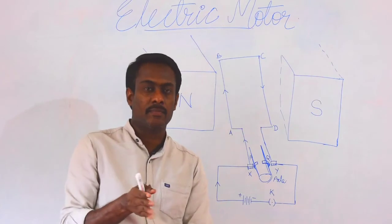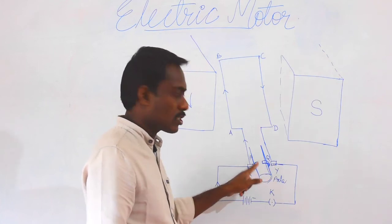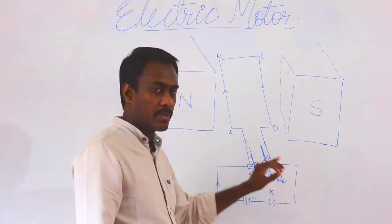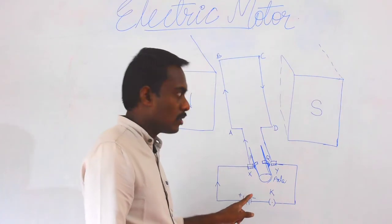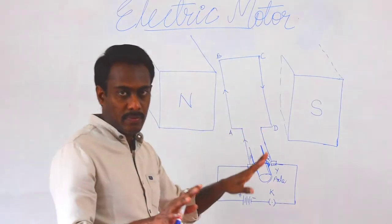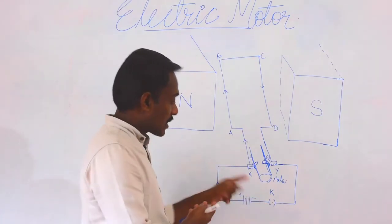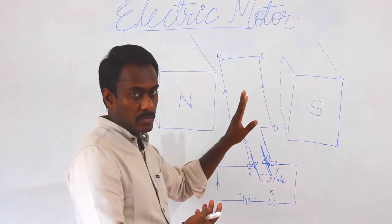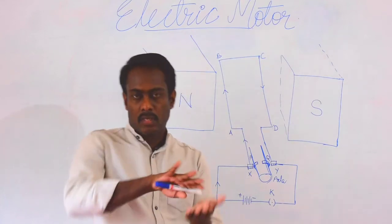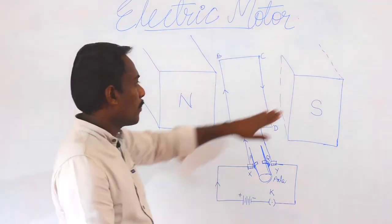So one side will go up and the other side will go down. It rotates 90 degrees. As it rotates 90 degrees, what will happen? The connection between the split rings and the carbon brushes will break. So when it breaks the connection, the supply will be cut off. Then there is no magnetic field produced by the coil, which means there is no force acting on the rectangular coil. But even though the circuit is disconnected and there is no force acting on the coil, as it has moved 90 degrees, due to its momentum